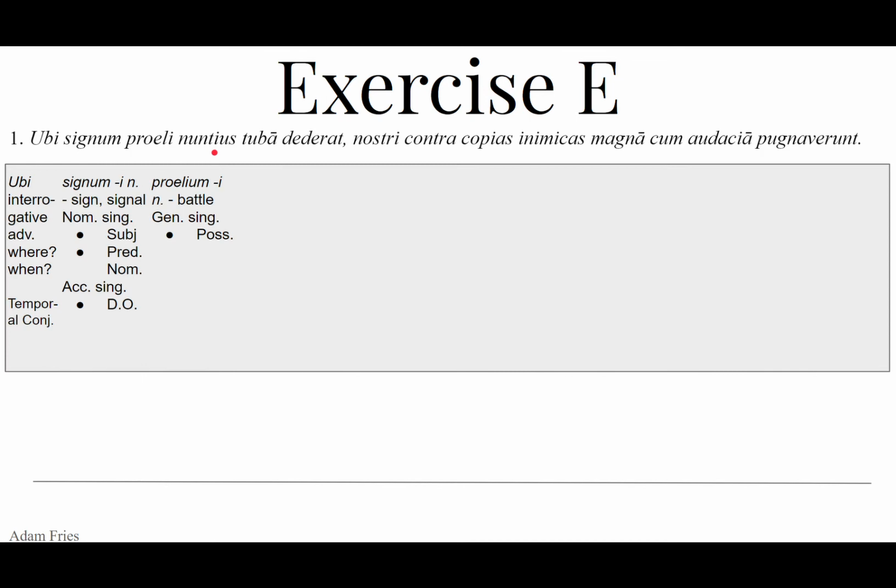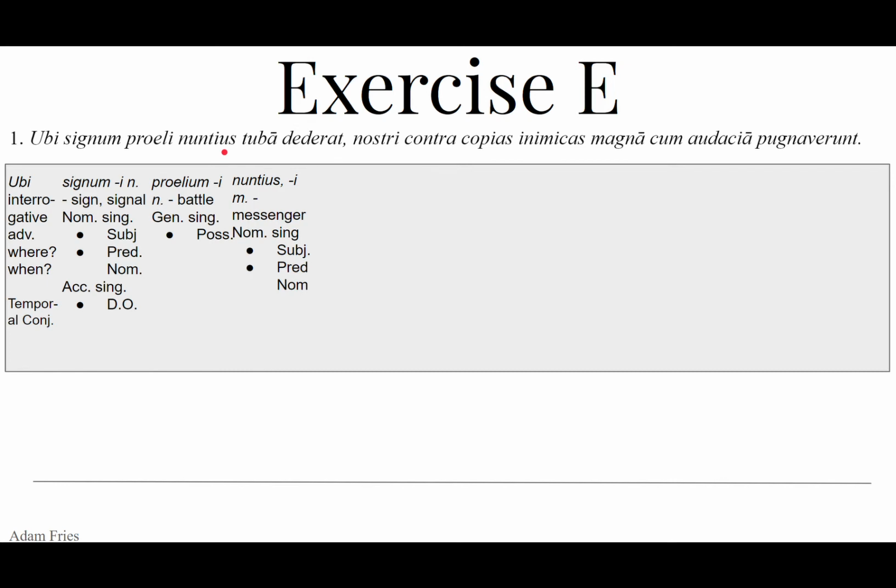Nuntius, that's nuntius, e, masculine. It means messenger. And this form nuntius can only be the nominative singular. That means that it is going to be either the subject or the predicate nominative. Well, we can pause here and move back and take a look at signum. That tells us something about signum. Signum now cannot be nominative because we already have one of those. Nuntius has to be nominative. It cannot be anything else.